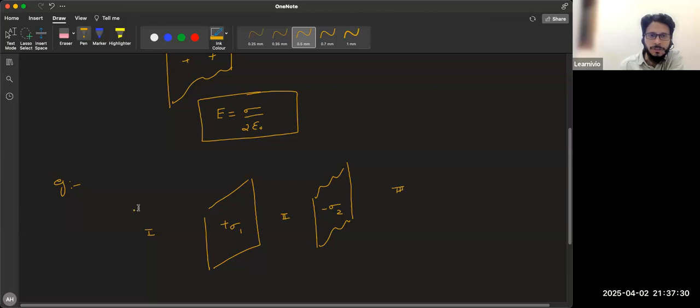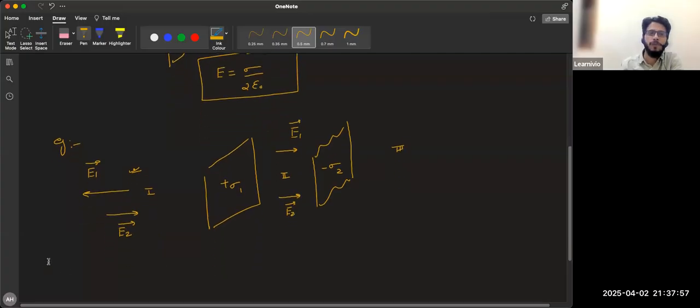So in this region, we'll apply the superposition principle. Both the sheets will generate fields here. For the first sheet, the direction of field is away from the charge, that is E1. For the second sheet, the direction is towards the charge, that's E2. In the second region, due to the first sheet, it's away from the charge, it's E1. Due to the second sheet, it's towards the charge, which is E2. So if you calculate net field in region 1,